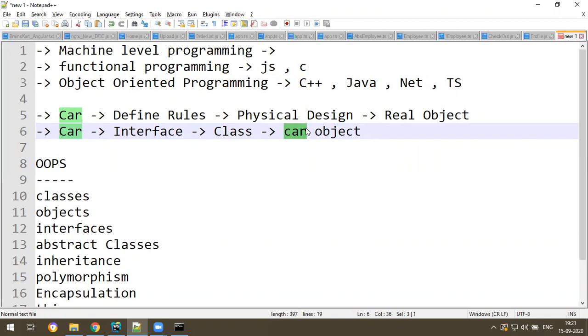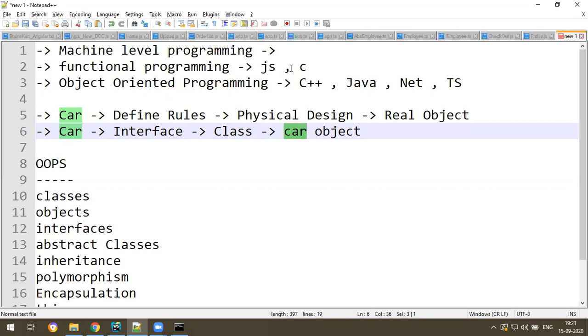If you measure them, there is not even a single difference: weight, width, height, glass size, steering size, everything is the same. So that's how they want to construct it. They define the design, and then through that, objects are constructed. In the same way we have to write a program.